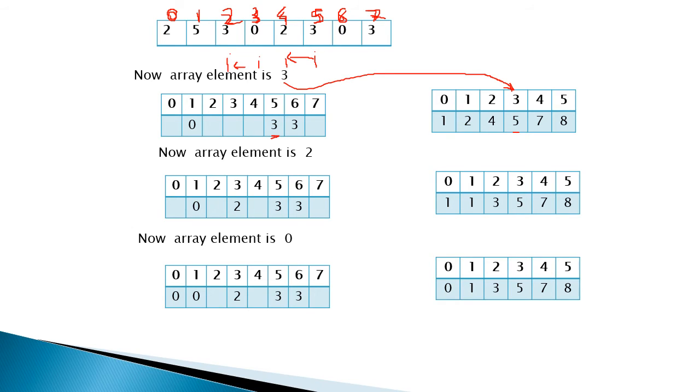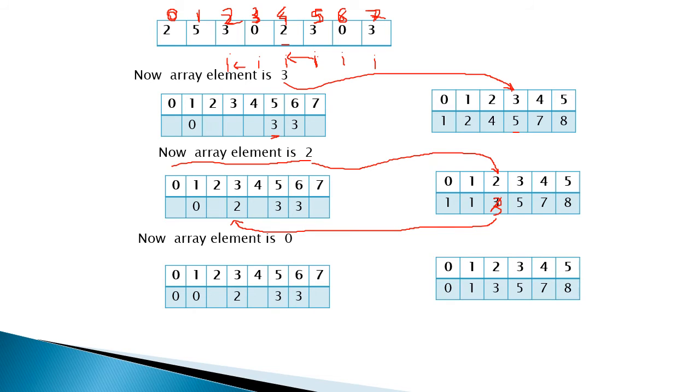Now we get 2. On index 4 the value is 2. Now the array element is 2. Then go to index 2 of the updated array. Then here the 3 is there. First of all, decrement that, this is actually the decremented value here. Then go to the actual original array and store that 2 value on the index 3.